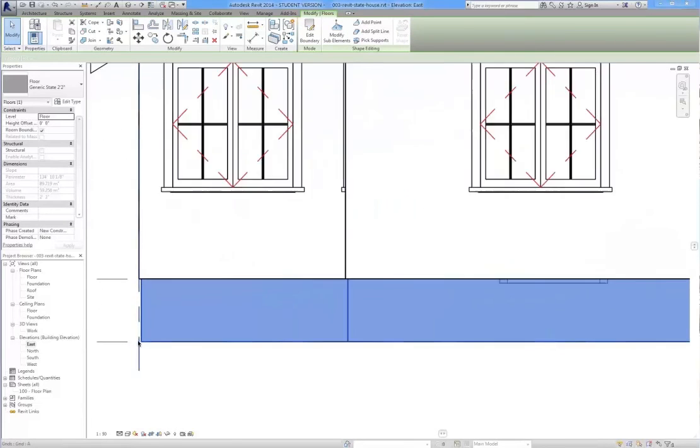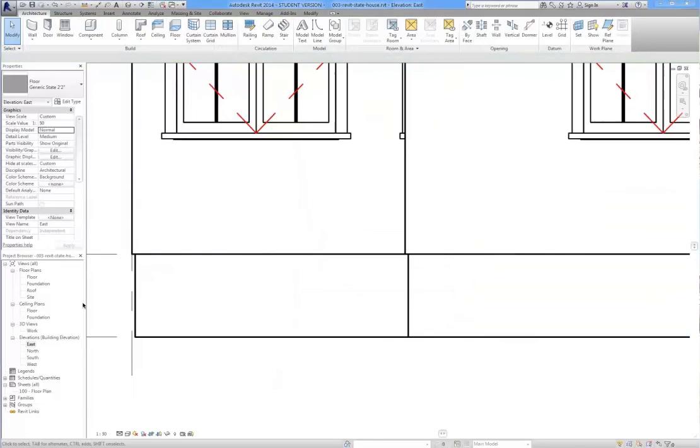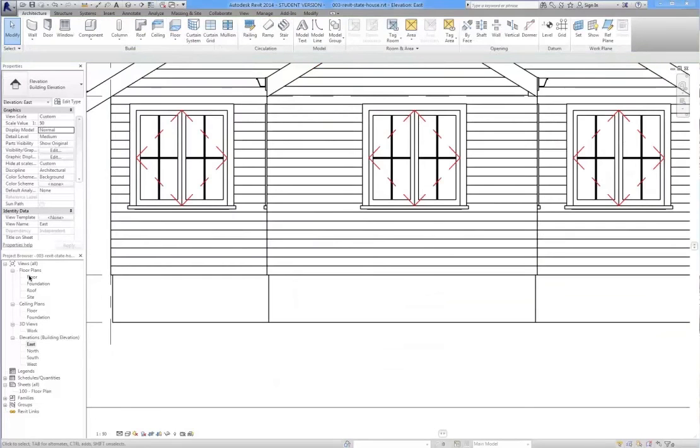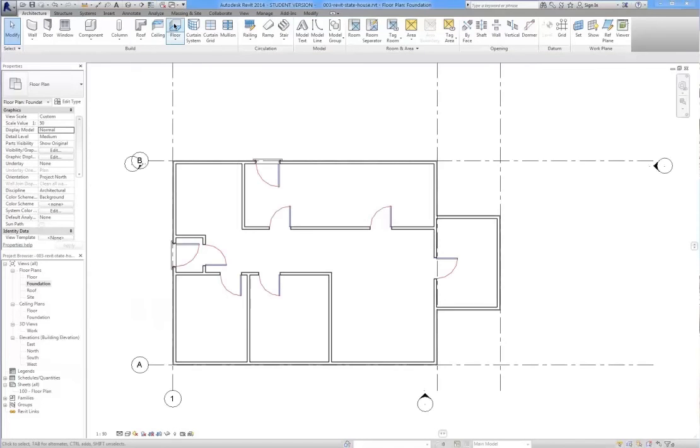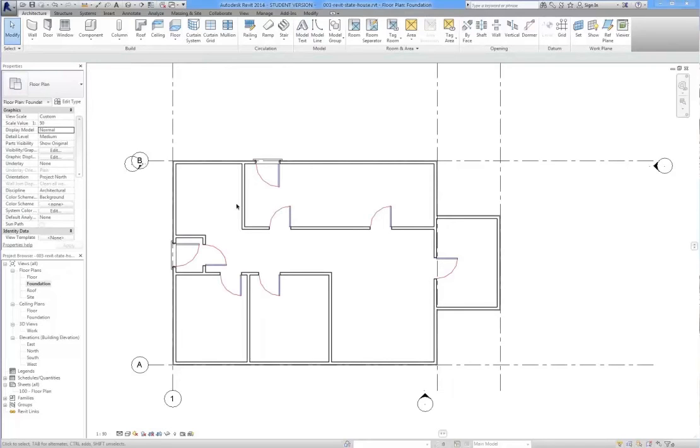Although it's kind of inset a wee bit. Probably that's what happened is when I clicked on floor. Yeah, you can have this extend into wall option, so I probably should have checked that before I drew it. I wonder if I can go back and edit the